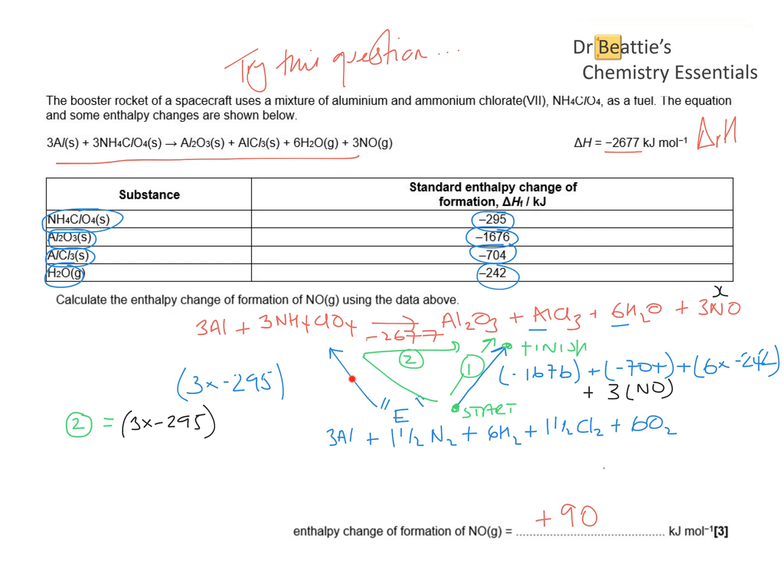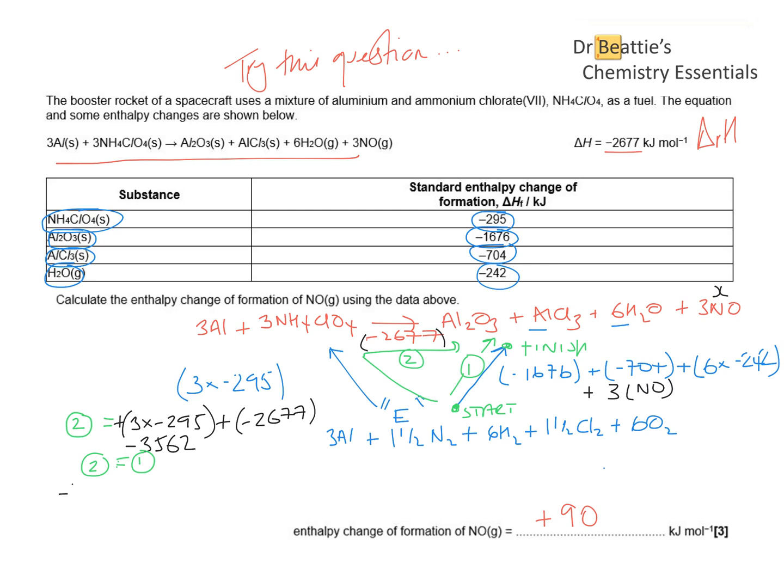So we've got, first of all, this arrow here, which is the 3 times minus 295. And then because we're going with the arrow, there'll be a plus in front of here. And then we're also going with this arrow here, so we're going to put a plus in front of there, and close brackets for this value here, the minus 2677. And so altogether, this equals minus 3562 kilojoules per mole. So knowing that route 2 equals route 1, the whole of the arrow for route 1 here,